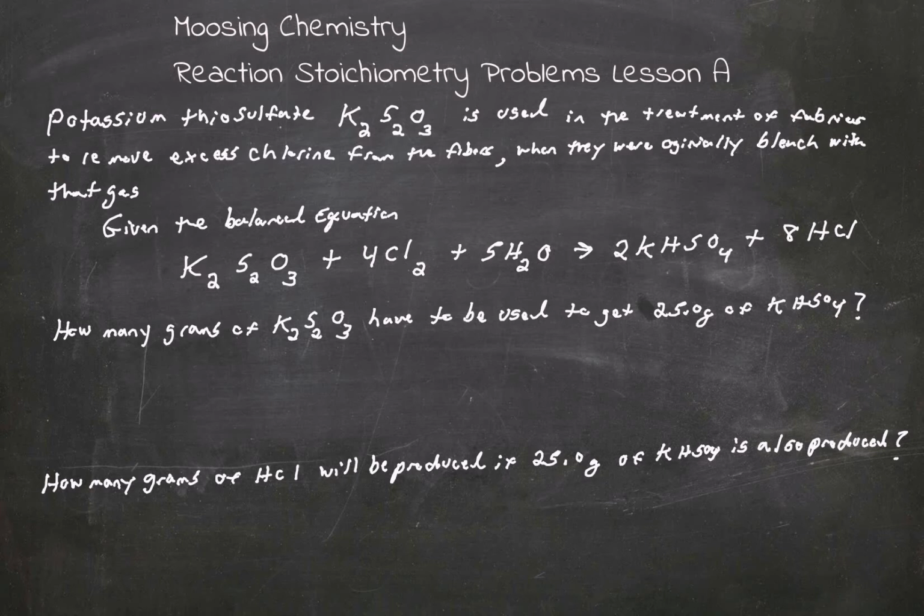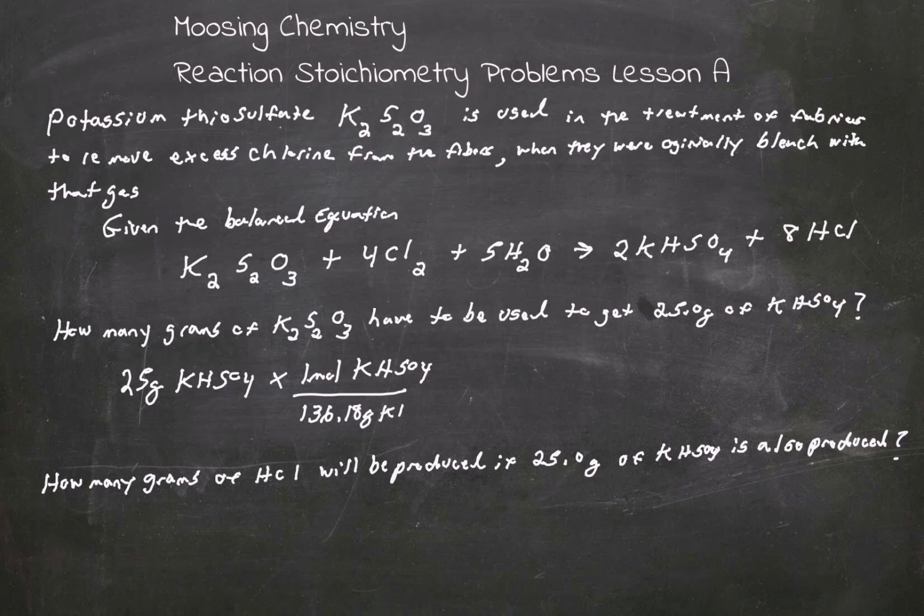All right, well, what do we know? We know we have 25 grams of this material here. That's what we know. So this is what we have to work with. So what we're going to do is go 25 grams of KHSO4, and we want to turn that into grams of K2S2O3. Okay, so we're going to go times 1 mole of KHSO4 divided by